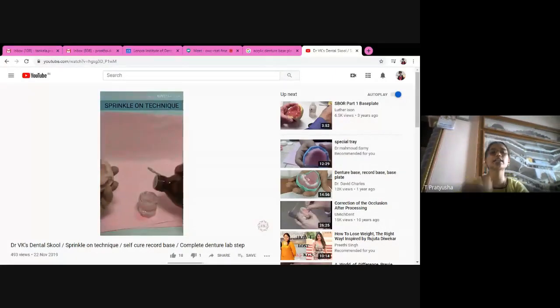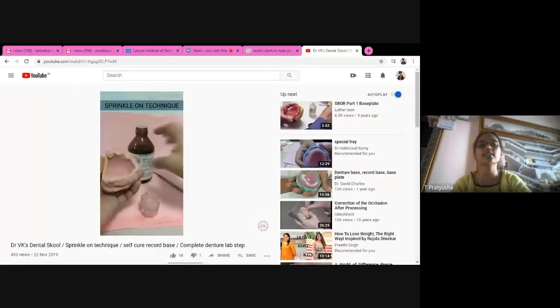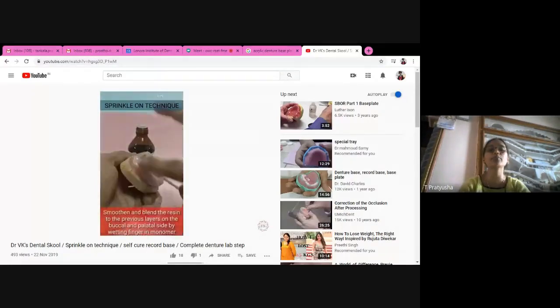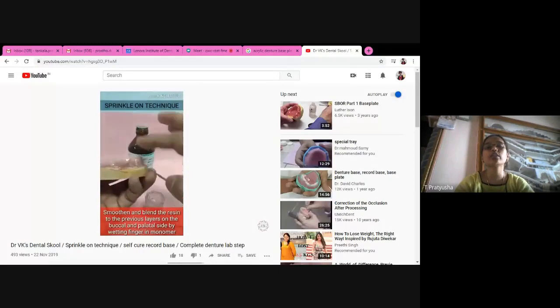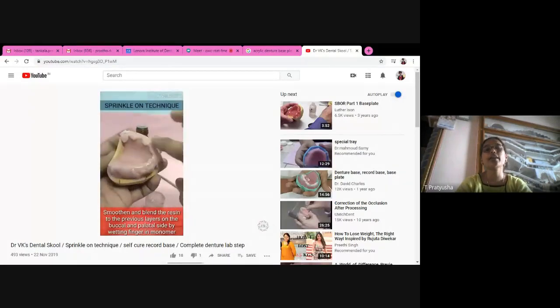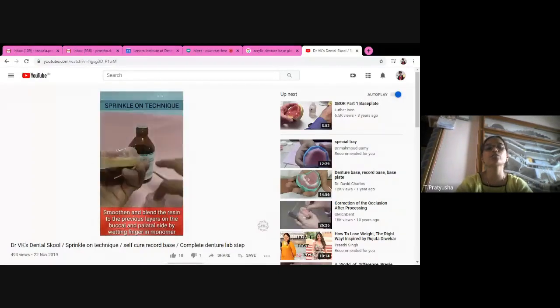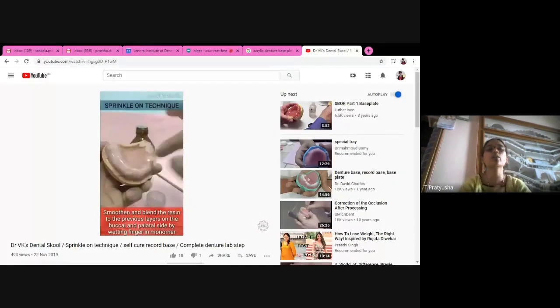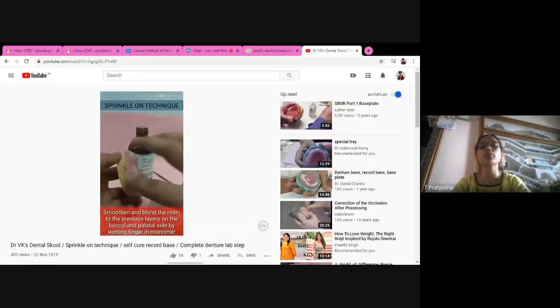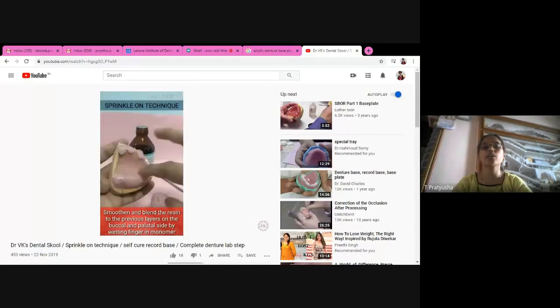You should not wait until the dough stage or the final stage has come. The reaction is very thin, so in the setting consistency time itself you have to adapt. You have to take some amount of liquid and start adapting it to the cast, like how he is showing, to get a smooth even surface. Okay, to adapt the material which has been placed to the underlying structure. That means the denture base made earlier, adapting equally by adding a little monomer at a time.